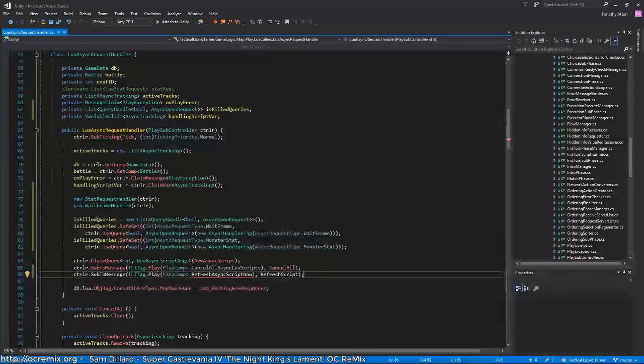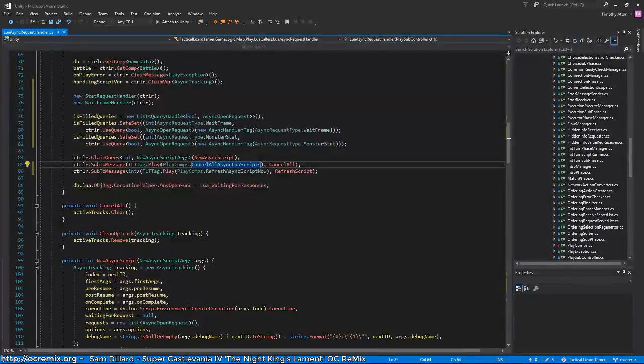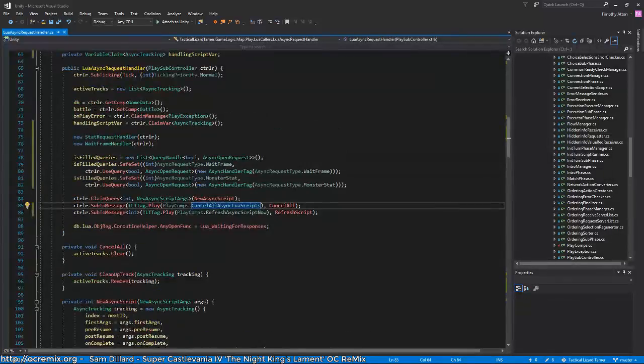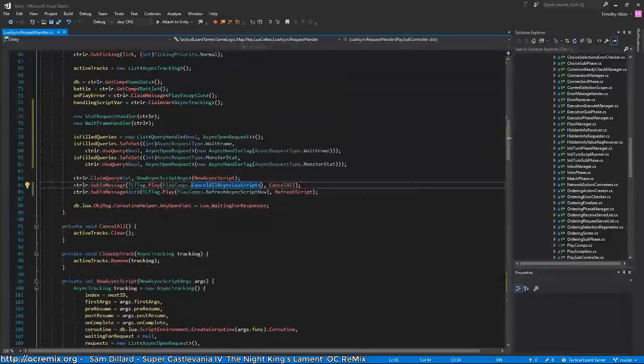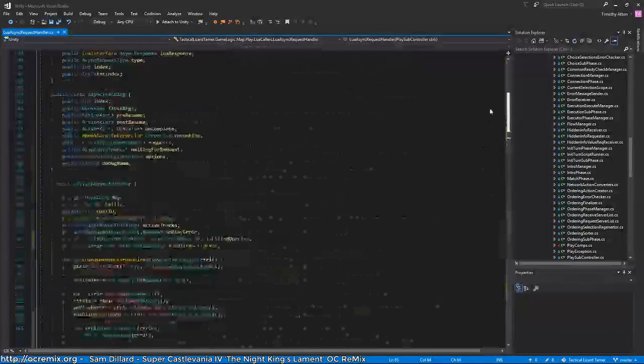Okay, and this should actually have an integer as an argument. Okay, I think that is fine. I don't even have to change anything else in here for now. And then